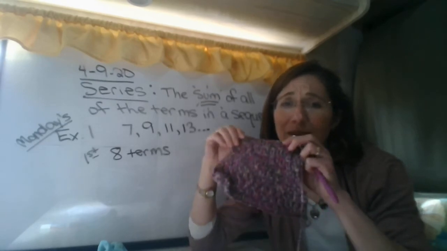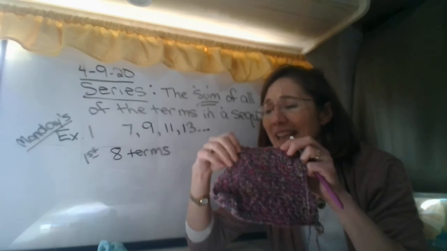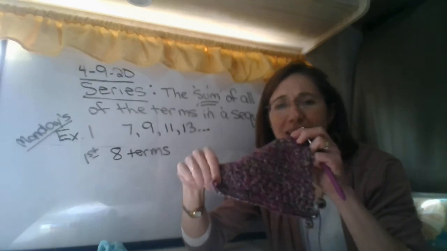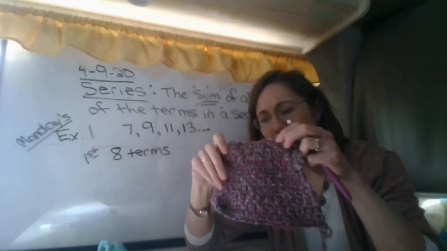One of the things I've been doing in this Corona time is I've been trying to crochet. This is supposed to be a washcloth. I don't really know why it's a trapezoid,